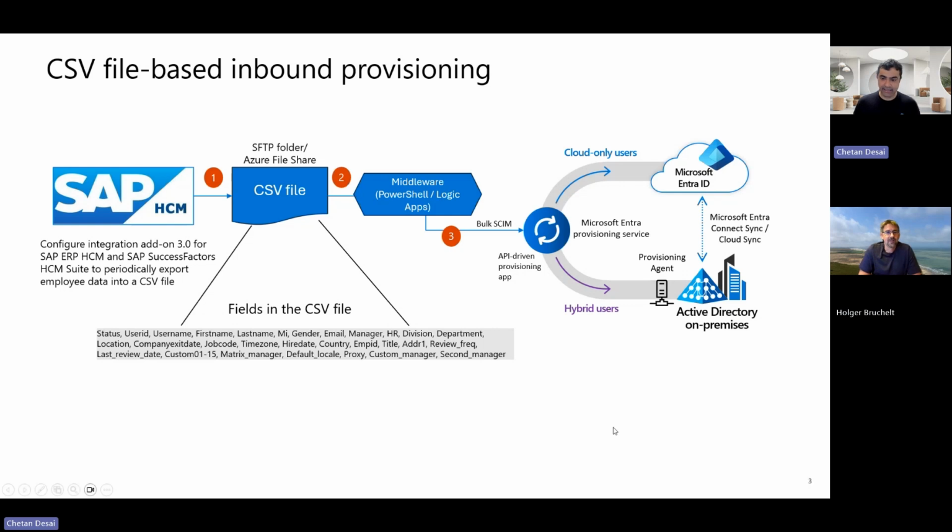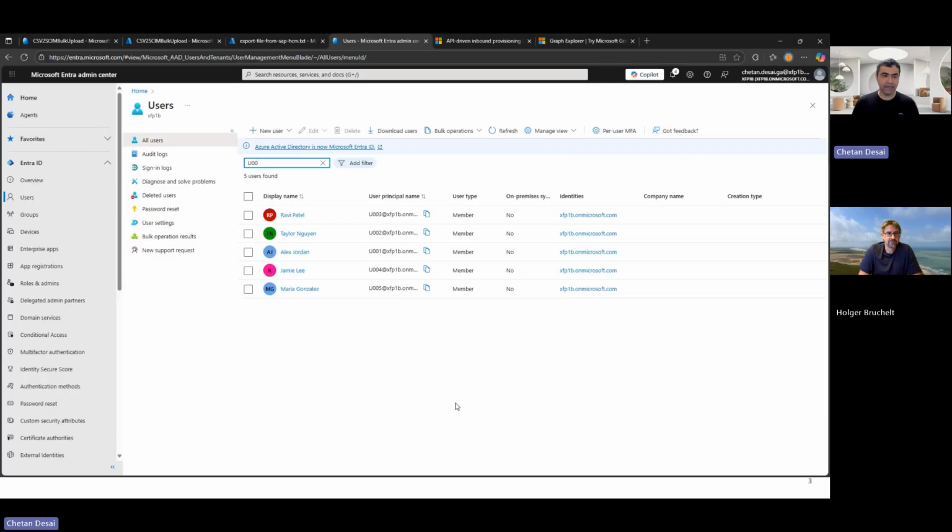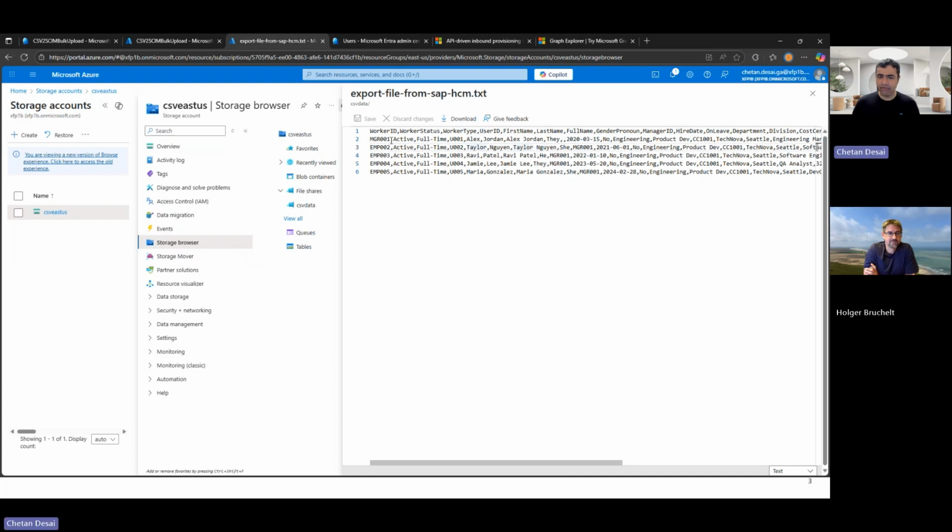And I think the key thing here is even things like manager reference resolution, right? For example, if I go back to the file, we have one manager record here, Alex Jordan, and Alex Jordan is the manager of all these users. We do have a manager ID column, and in this manager ID we say that Alex Jordan is the manager for everyone else. So we have this manager 001 here.